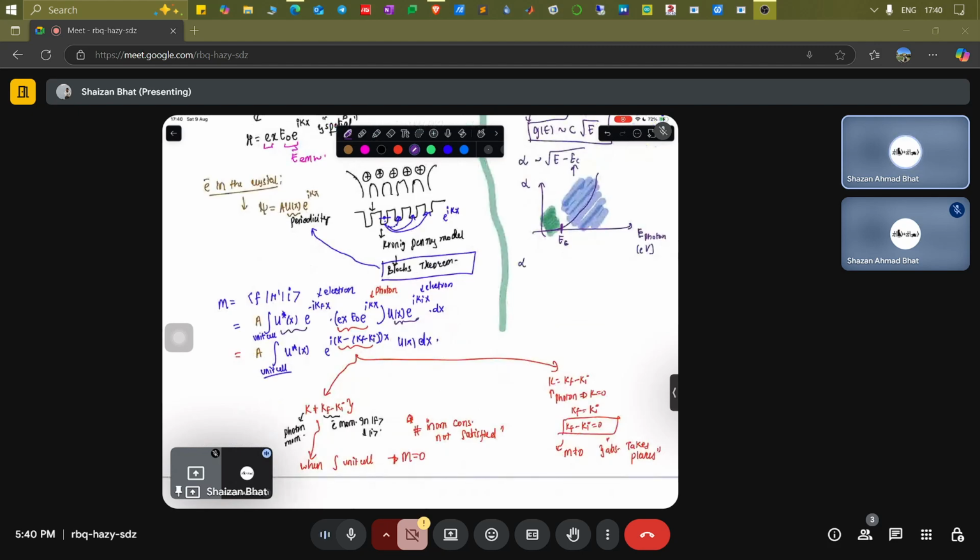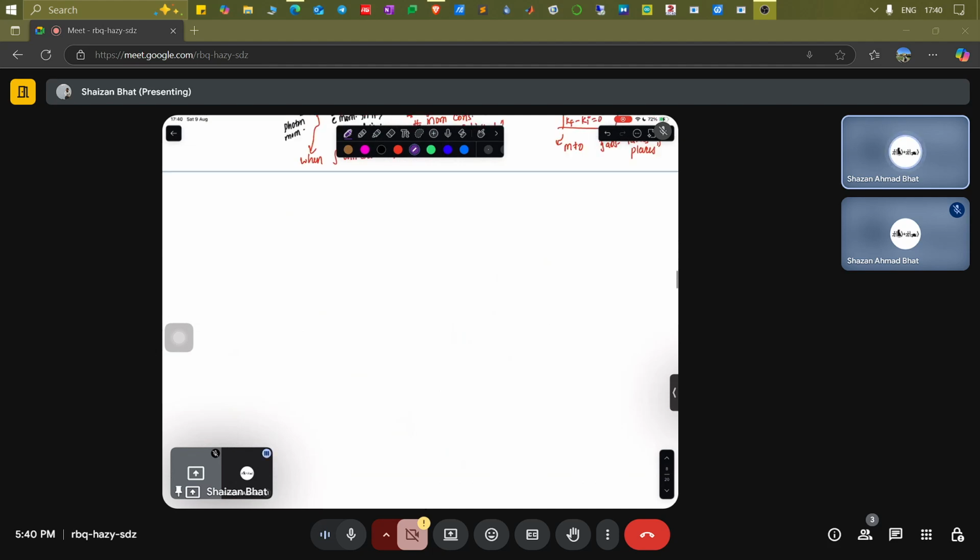So that means the absorption coefficient is approximately proportional to root of E minus EC for all h nu greater than EG, and it's approximately 0 for all h nu less than EG. So that is the fundamental notion of the absorption coefficient. Now, there is one more thing. We talked about a good thing that you have absorption coefficient, you have the photon energy, and you can have a relation like, for example, it can go like this. Okay. Now,